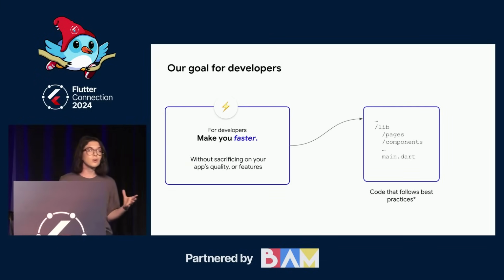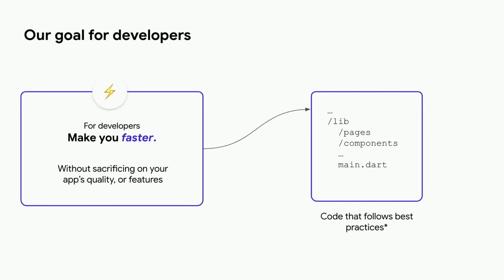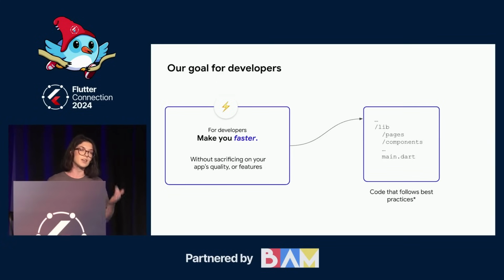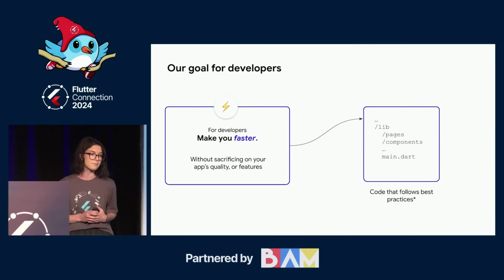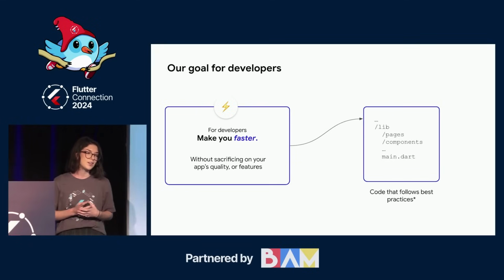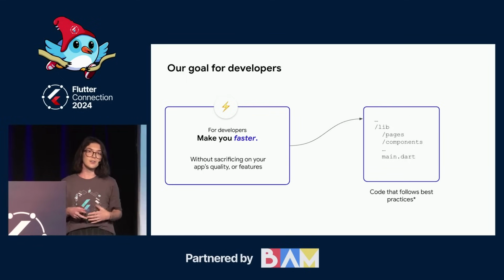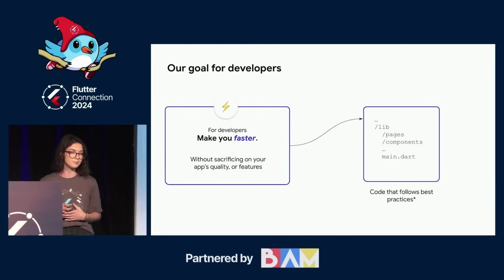Now, for developers, our goal is really for FlutterFlow to make you faster. We want to make you more efficient so that you're focusing on the harder things in terms of development, and we'll take care of the easier things for you. And it's important to us that when you're using FlutterFlow, we're not asking you to sacrifice on your app quality or certain features. So we want to make sure it's flexible enough and that you can drop down to the code layer where necessary. And really, our goal here is to export a repository of Flutter code that looks like something you would write yourself. So our goal is to make sure that the generated code is going to follow Dart and Flutter best practices as much as possible.